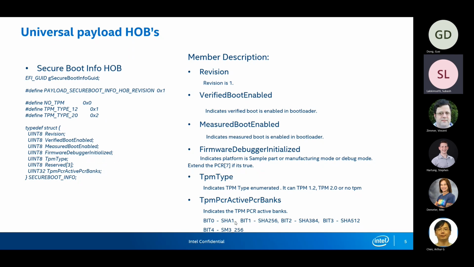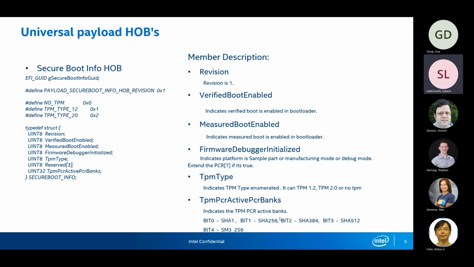These are the algorithms supported by the TCG standard: SHA-1, SHA-256, SHA-384, SHA-512, and SM3-256. Based on the TPM you use, and since the bootloader runs in the PEI phase and the bootloader payload runs in the DXE type of phase, when compared with EDK2 and UEFI BIOS, this information is required in some of these bootloaders.